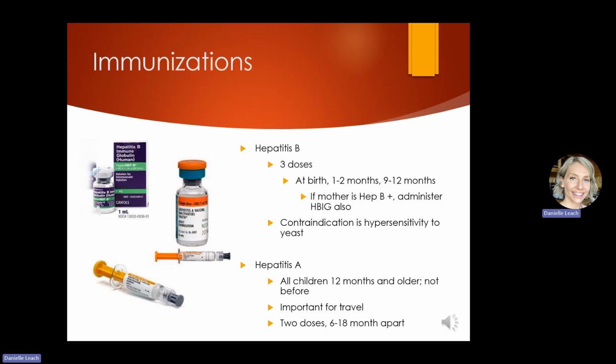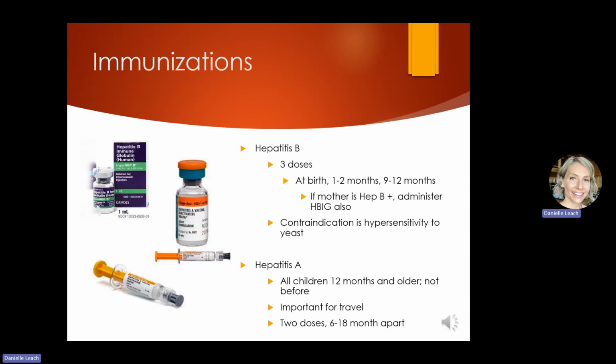So one specific immunization that we're going to talk about is the hepatitis B vaccine. It is given in 3 doses. So the first dose is administered to all newborns, unless of course the parents refuse it. And then they get 2 other doses around 1 to 2 months of age and then around 9 to 12 months of age. If the mother is positive for hepatitis B, we do still give the hepatitis B vaccine, and